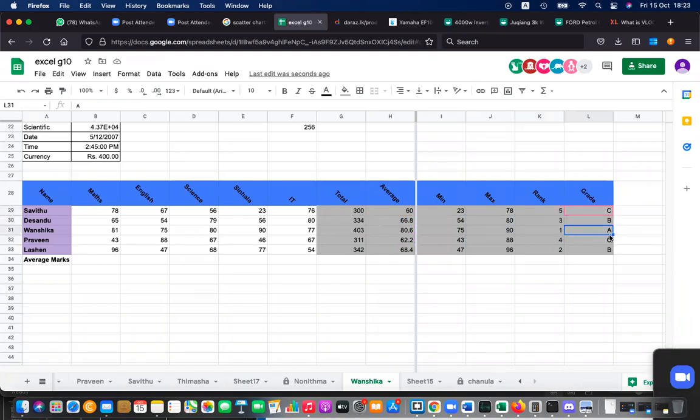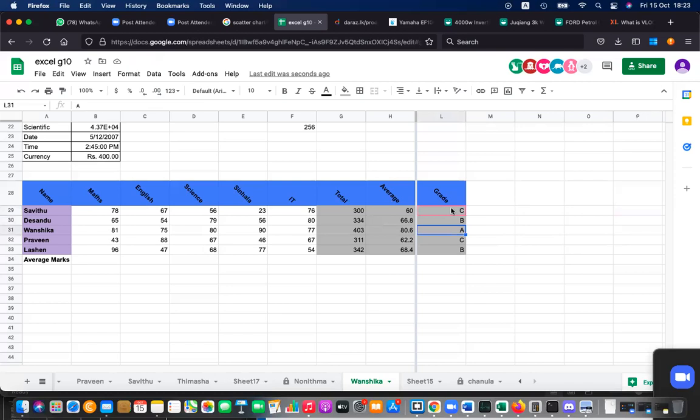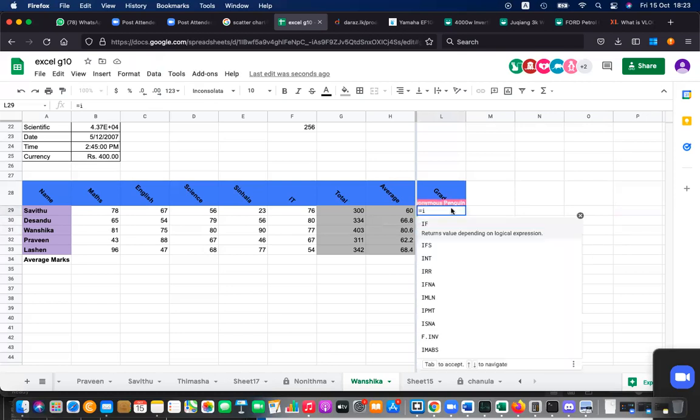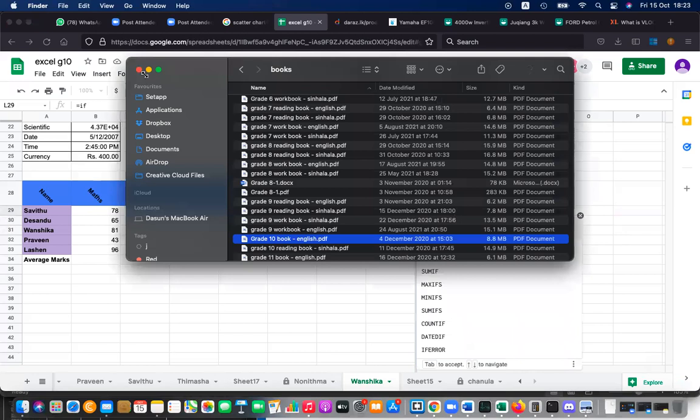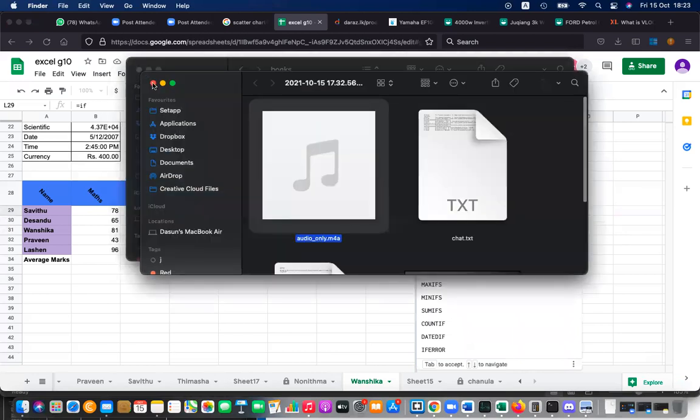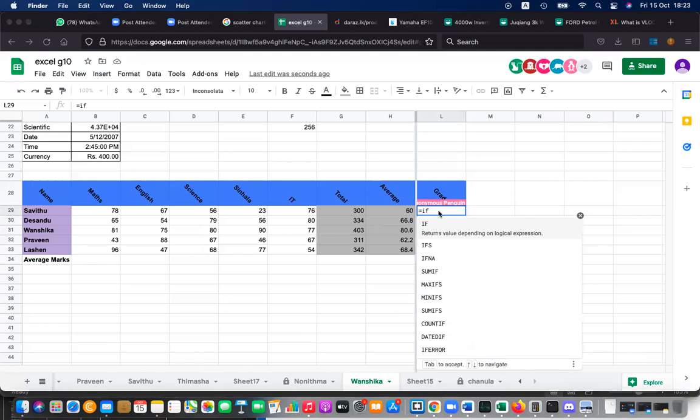So no, don't type that, right? Don't type that. You have to calculate that. Equal if, based on the average. Now I have done this more than 3 times, right?